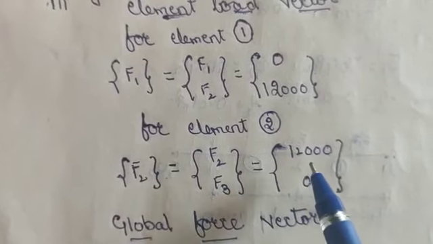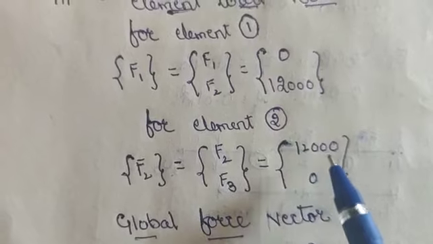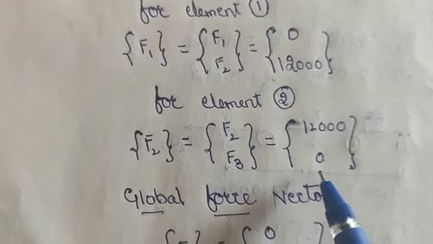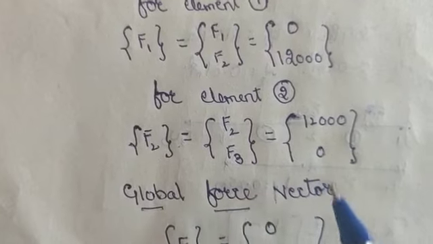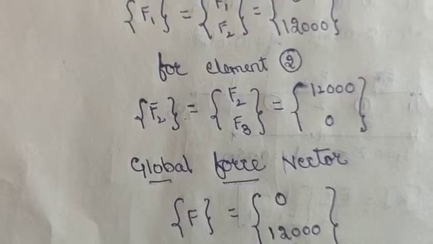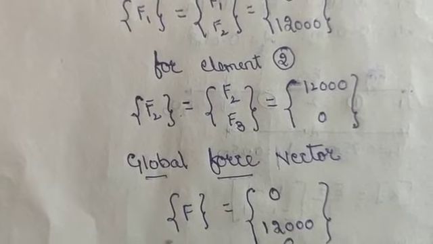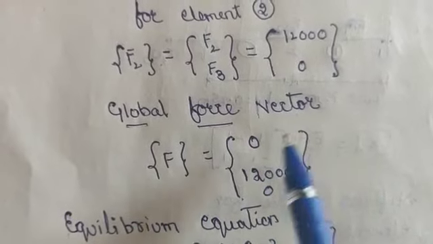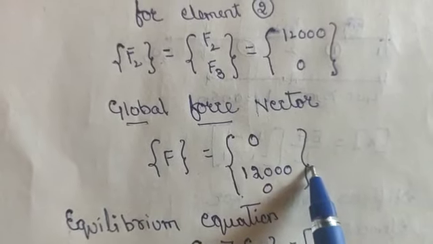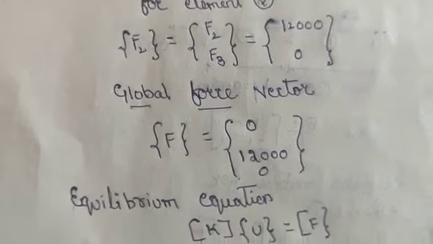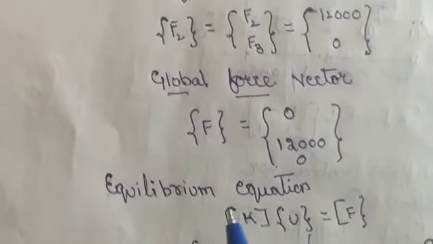At node 2, it will be 12,000. Again, at node 3, there will be no load applied, that is 0 here. The summation of the two force vectors gives the global force vector F equals 0, 12,000 and 0. Therefore, the equilibrium equation will be